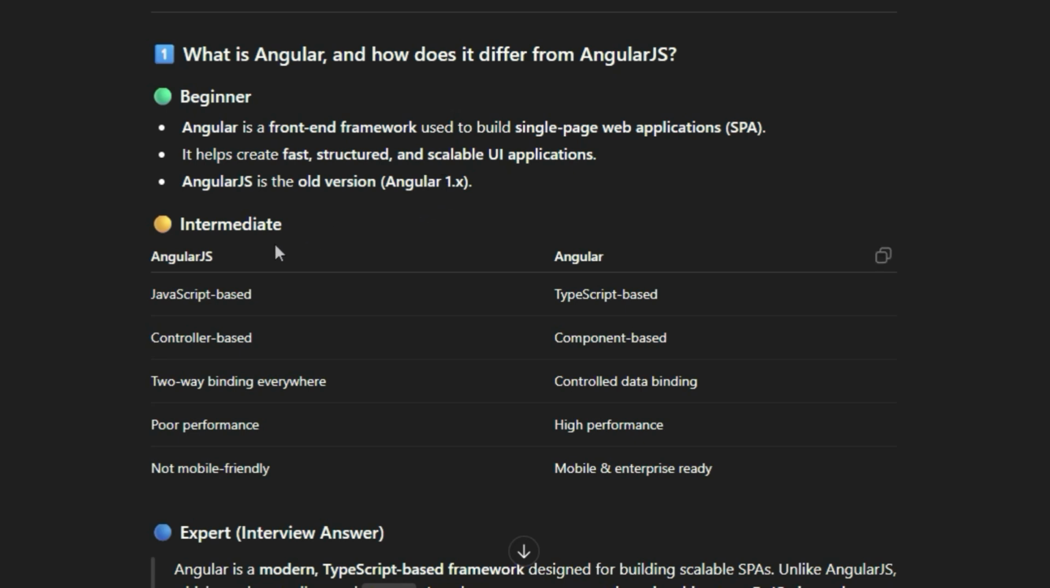And intermediate level: AngularJS is JavaScript based and Angular is TypeScript based. We are using .ts here and .js in AngularJS. AngularJS is controller based, and in Angular we have a component-based approach. AngularJS has two-way binding everywhere, and in Angular we have controlled data binding. It is better than AngularJS. Performance wise as well it is better, and AngularJS is not mobile friendly, whereas Angular is responsive,